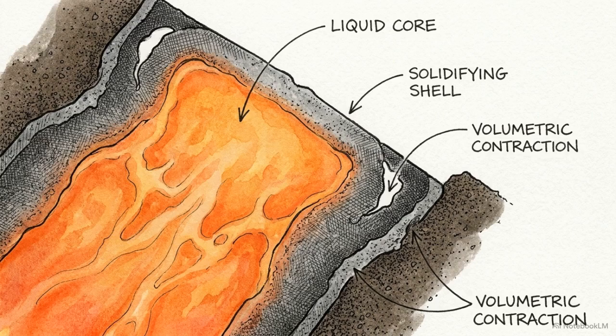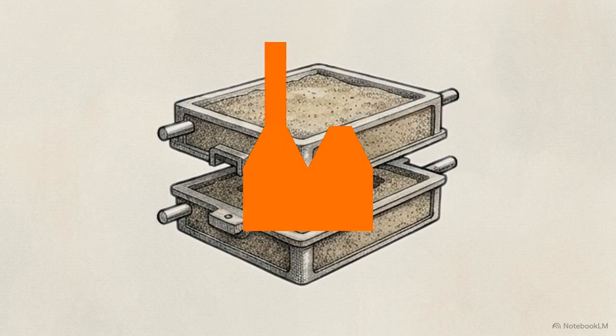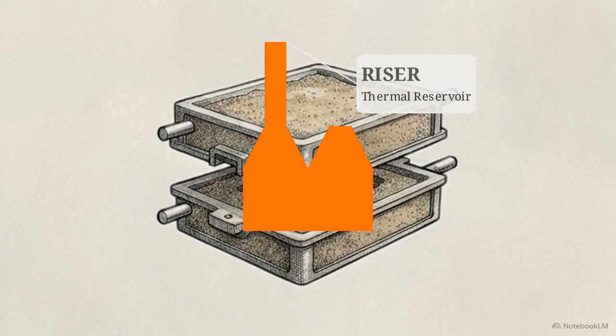Filling the void is only half the battle. As the metal undergoes its phase transition back to solid, it experiences volumetric contraction. If the metal freezes passively, it shrinks away from the mold walls, leaving massive internal voids and a ruined part. To counteract this, we add a riser, an additional vertical shaft above the cavity that acts as an external thermal reservoir. The riser is engineered with a lower surface area to volume ratio than the casting, ensuring it remains liquid the longest. As the main component cools, gravity pulls liquid metal from the riser into the void to compensate for